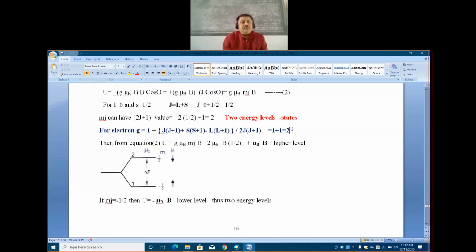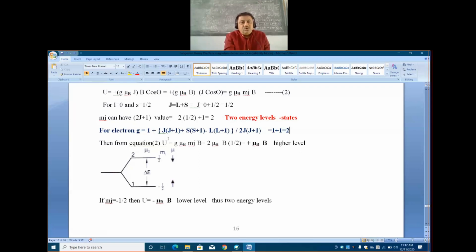So I repeat once again. So for electron, the Landé G factor is equal to 2. How? First put L is equal to 0, this bracket becomes 0. And put S is equal to J, this becomes J into J plus 1, J into J plus 1. So this is 2J into J plus 1 divided by 2J into J plus 1 is 1. So 1 plus 1 becomes 2. So for electron, G is 2, and